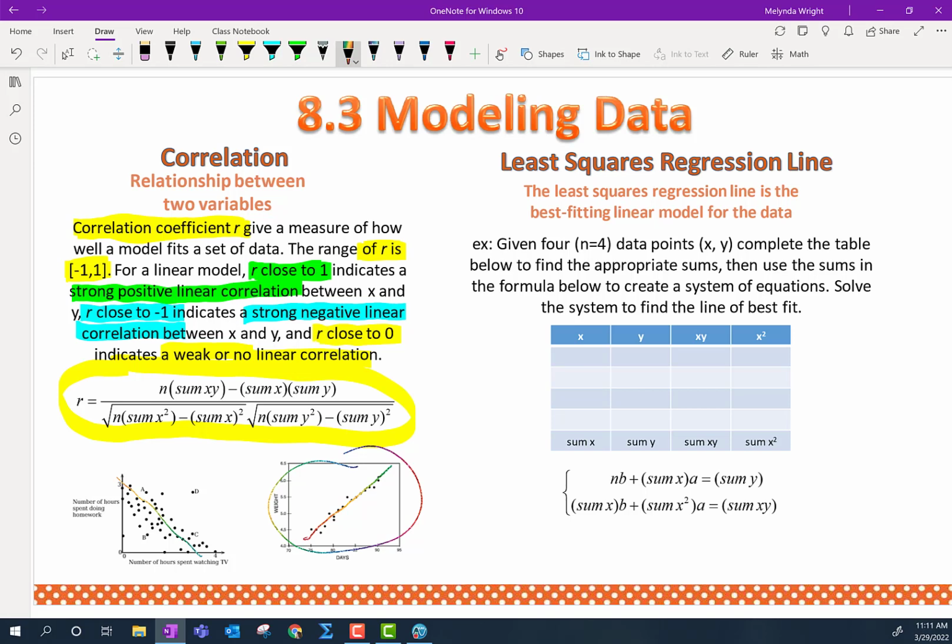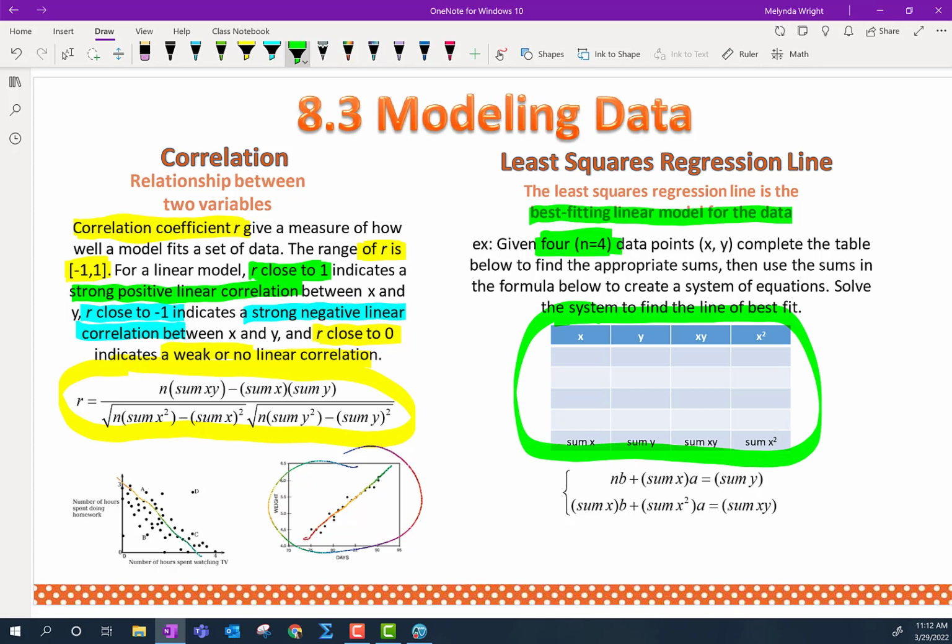The other thing we're going to be looking at is the least squares regression line. Again, this is a regression line that is looking for the best fit linear model. This is going to help us find the best fit. We will do some by hand and some with the calculator. The ones we do by hand, we're just going to use 4 points. That's all we're going to use. And so we'll fill out this table,